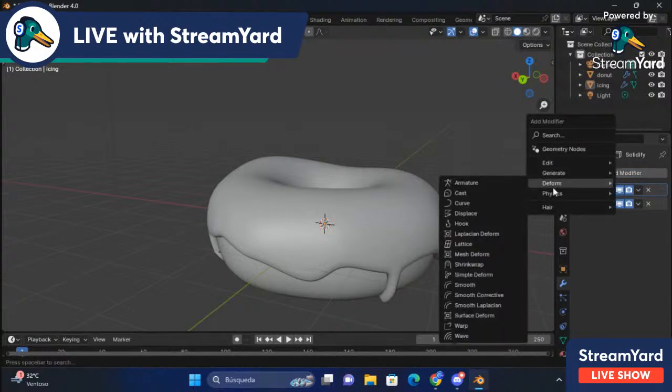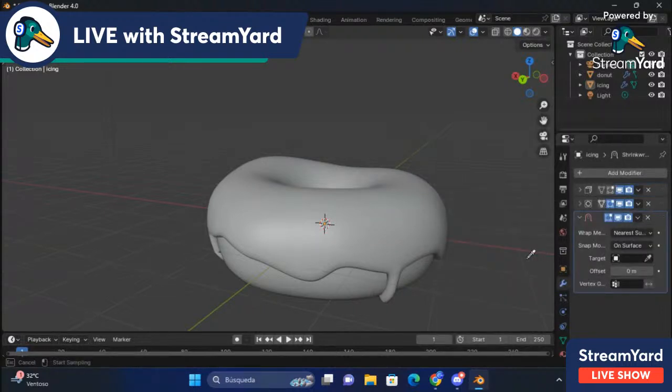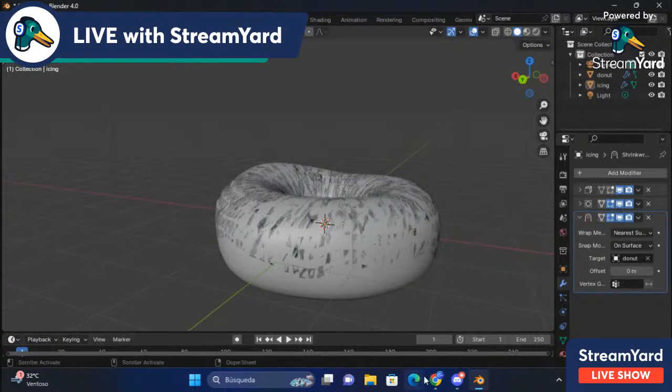The one we're looking for is shrink wrap. First of all, it hasn't done anything because it needs to know what the target is. What is the mesh that we're shrink wrapping our mesh to? With this little eyedropper tool, you can see when you've clicked it, my cursor's changed to an eyedropper. Now if I hover over objects, I get the name of it. So I want to click on the object that is the donut, and now it's snapped to the donut and